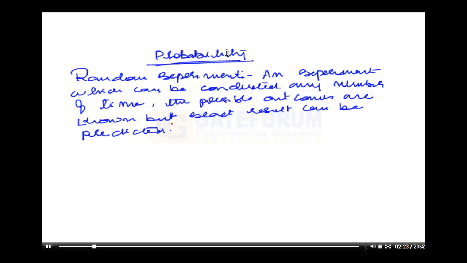That means an experiment which can be conducted any number of times, where the possible outcomes are known but the exact result cannot be predicted. Example: